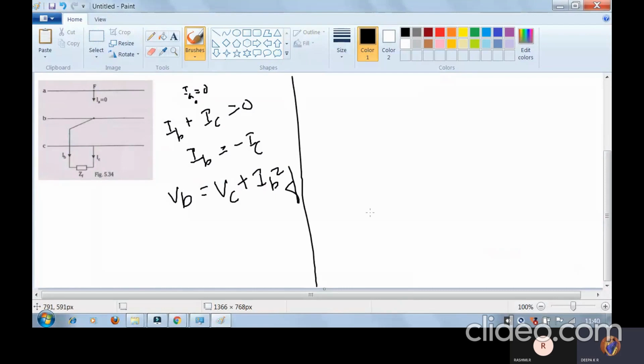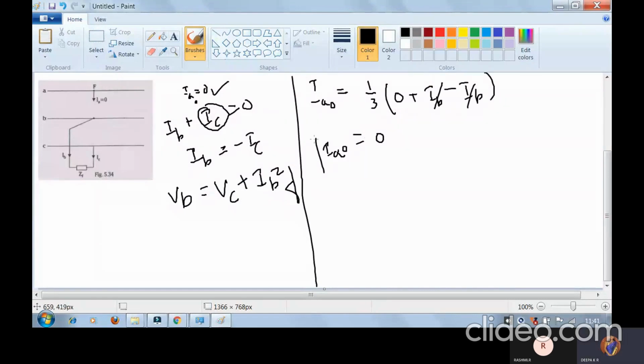Next we go for the symmetrical components. Using the standard formula, I'll go for direct substitution. IA0 is 1/3 times the sum of IA, IB and IC, where IA is 0. I'll keep IB as it is, but replace IC by minus IB, or you can write it in reverse order, no problem. So IB cancels, and what is left is multiplied by 0, so your current IA0 is 0 itself.